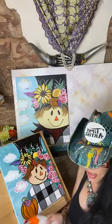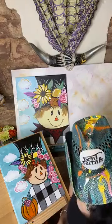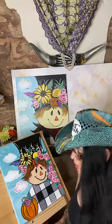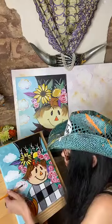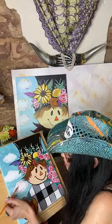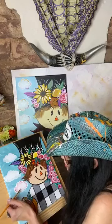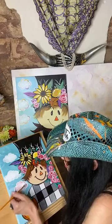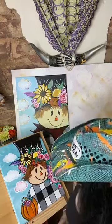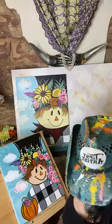Do a quick wipe. I don't want any more of that residual darker color in the mix. Then I'll go back into the pure white and then just kind of lightly feather this in over the top. All right, very pretty. Now you can also do